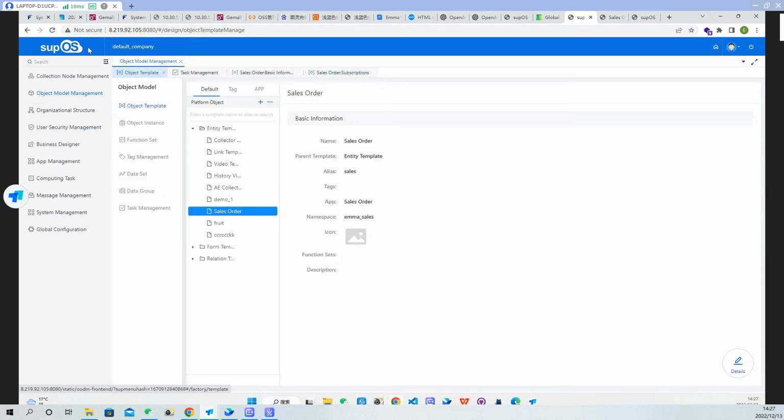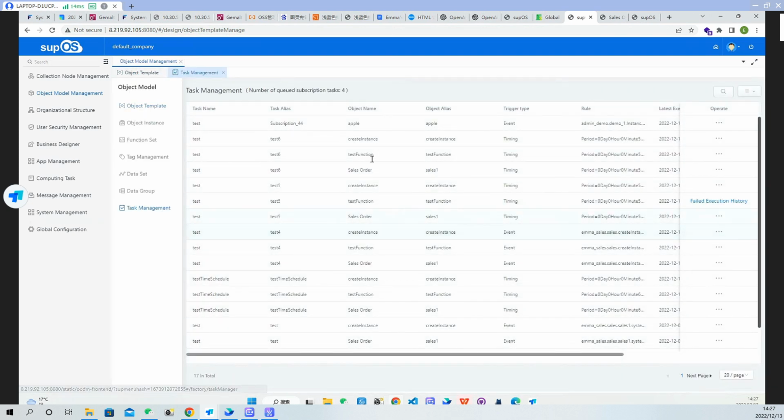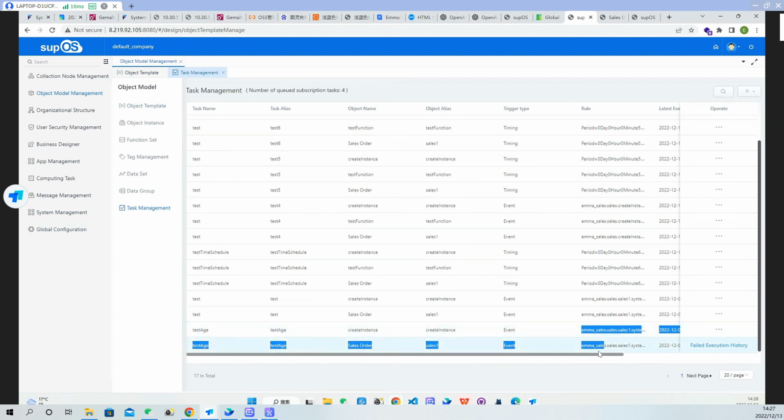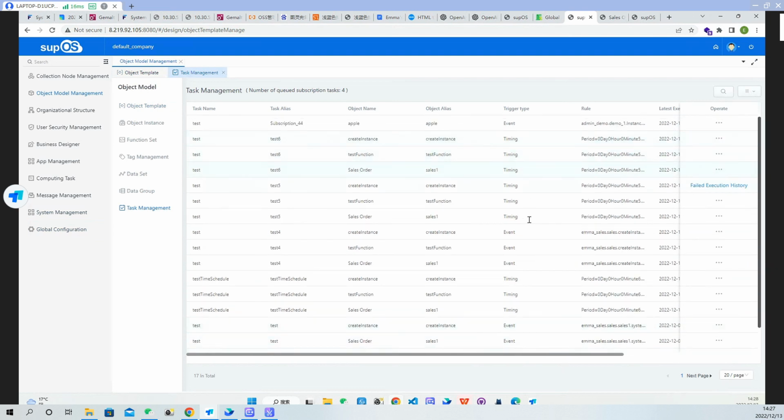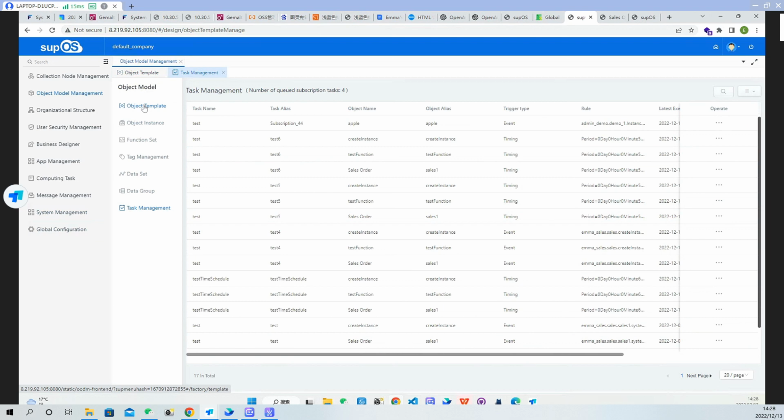Okay, now let's refresh the page and check the task management tab again. See here, timing every 5 seconds here. Like this. So that is about all the other